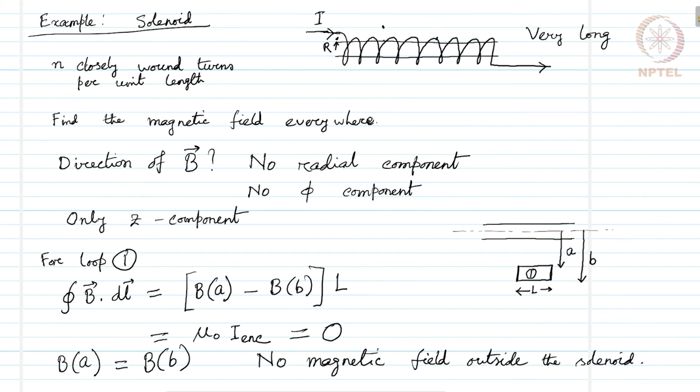Now, let us consider the situation inside the solenoid. Let us draw another one here. This is our solenoid. It extends to infinity, and this time we have an Amperian loop like this. This is the second Amperian loop, and for this loop what we can write is